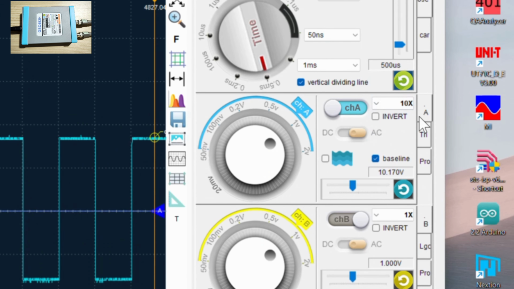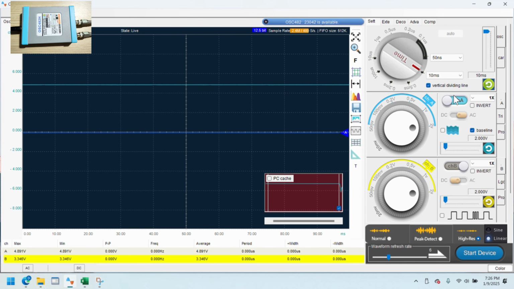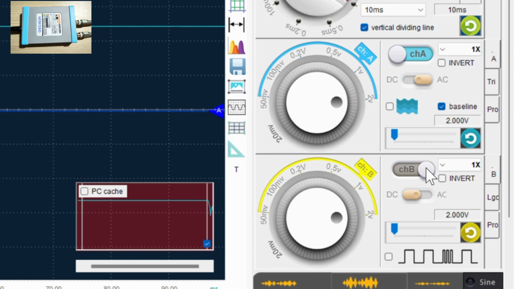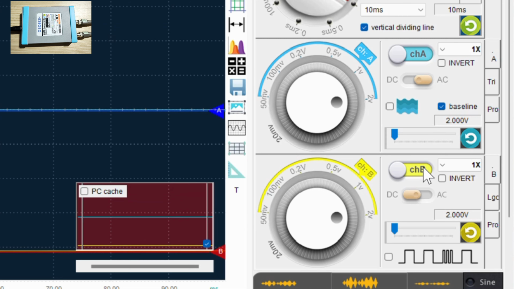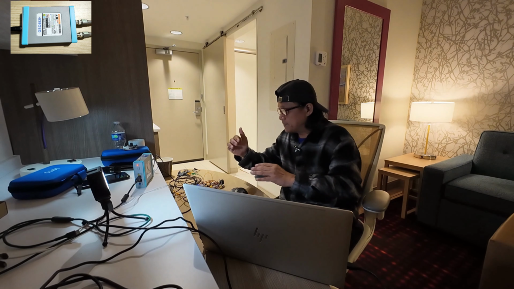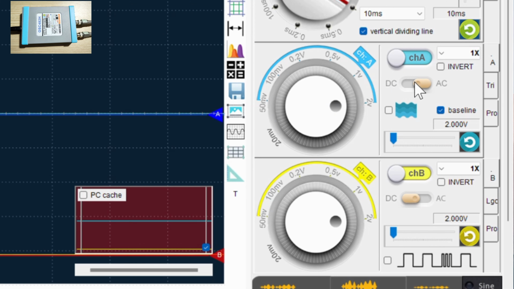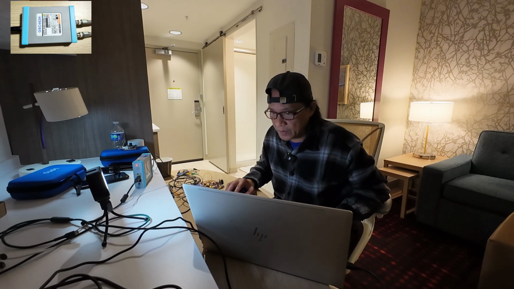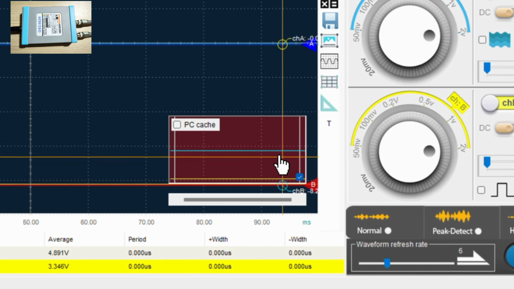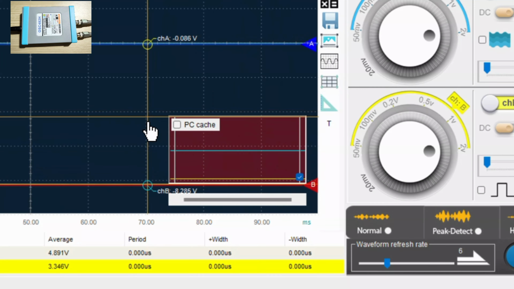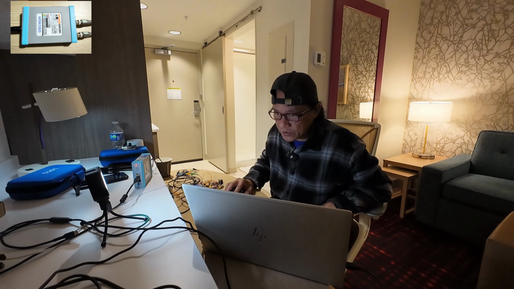Since I'm going to make use of a 2 channel oscilloscope, I definitely need to enable channel B. And my interest right now is a DC voltage, not an AC signal. So I'm going to choose DC for channel A and also DC for channel B. And before I start, I am going to put the time base to its maximum so I can see the signal initially. Start the device